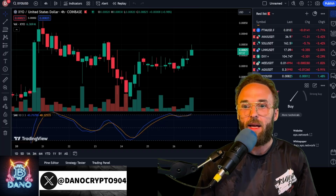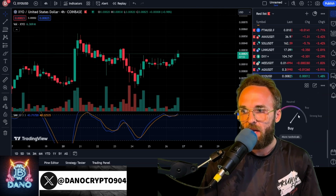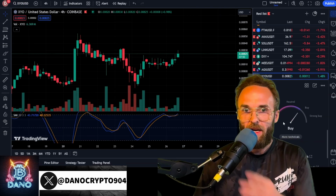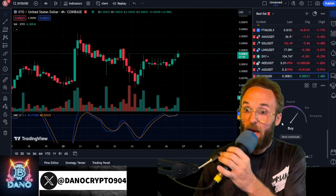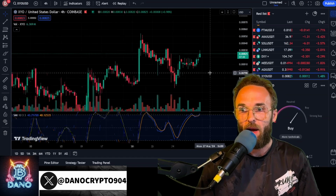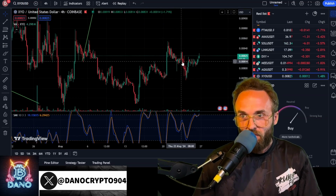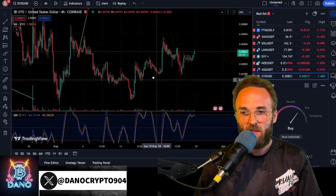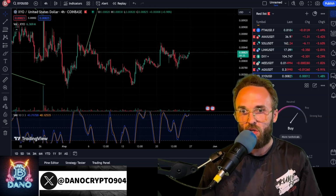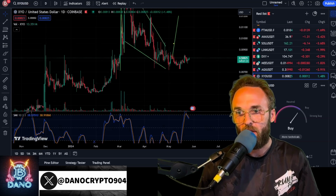Okay, so now let's get into the actual price action. Now you guys love the price action. So right now, in terms of the technicals, we have TradingView saying that it's a buy. I think it's a strong buy. I think they're a little conservative here, but if we're looking on the 4 hour, we have been sitting at some resistance here, but we've gotten some major moves to the upside in the short term. But then you want to see really the data on the daily and the weekly for this chart,